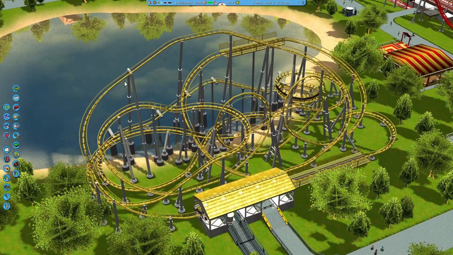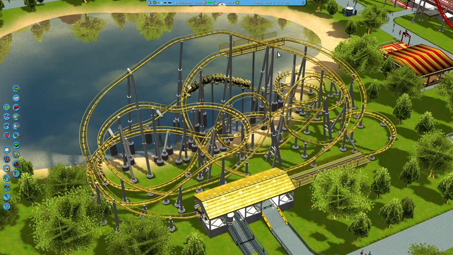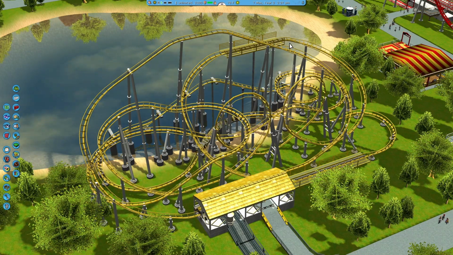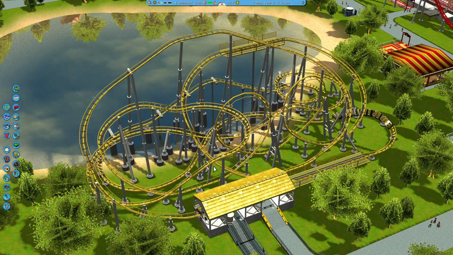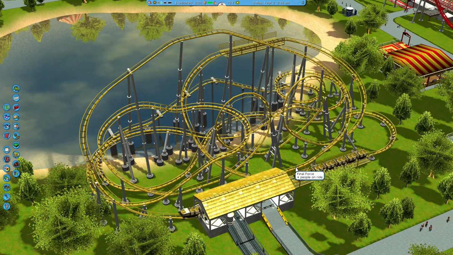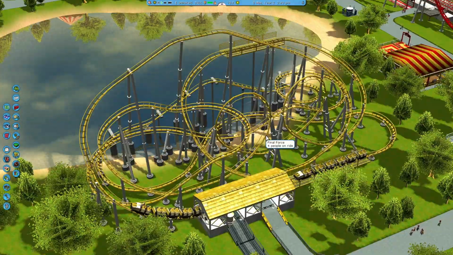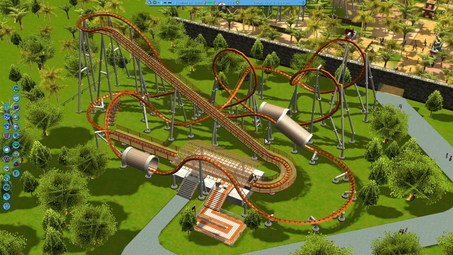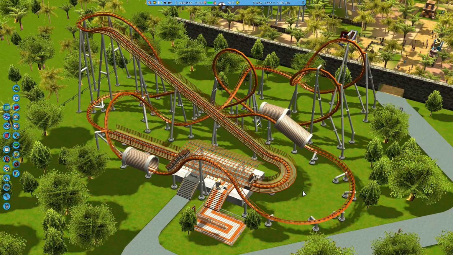Very compact, similar design to a Schwarzkopf looper. You know, it goes down. It should be somewhat of a brake on or something here, and then it goes into this double loop, and it's very compact, very busy, very coaster spaghetti-esque. I like it. Over here we have the floorless coaster, which wasn't one of my most favorite designs, but because